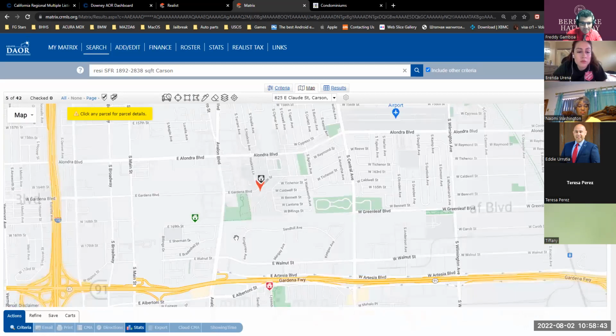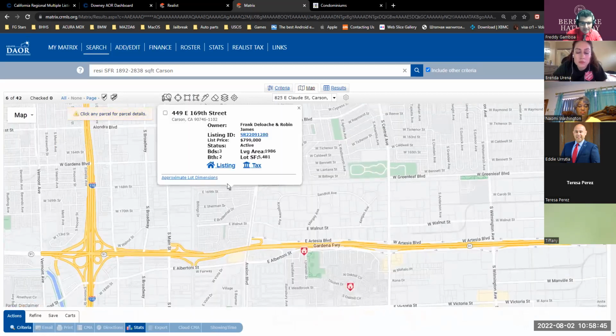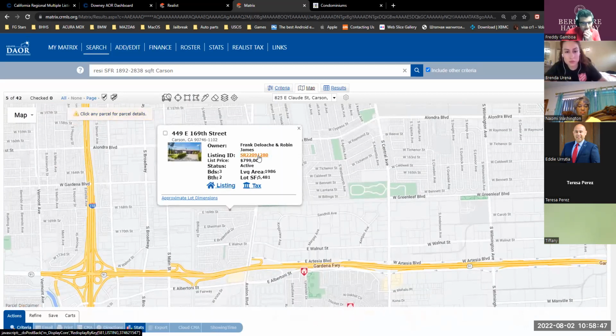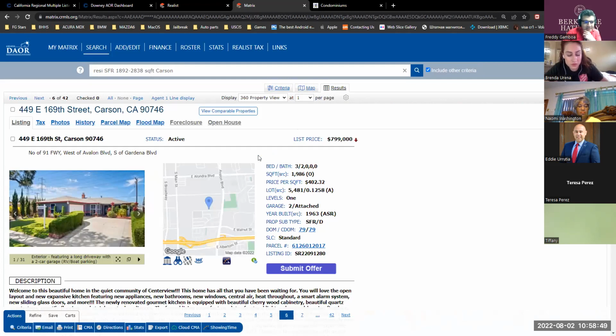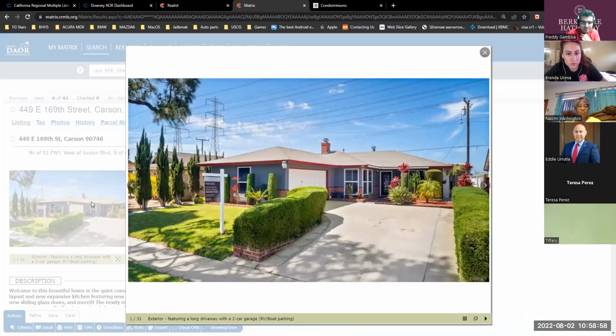So now that one's gone. Okay, so we have another one that is active. It's a 3 and 2, smaller than our property. It's active behind the power lines. Keep in mind, if you have an FHA buyer who wants to buy a property,